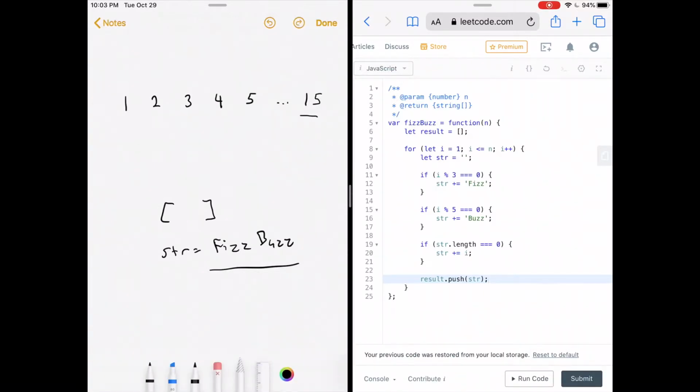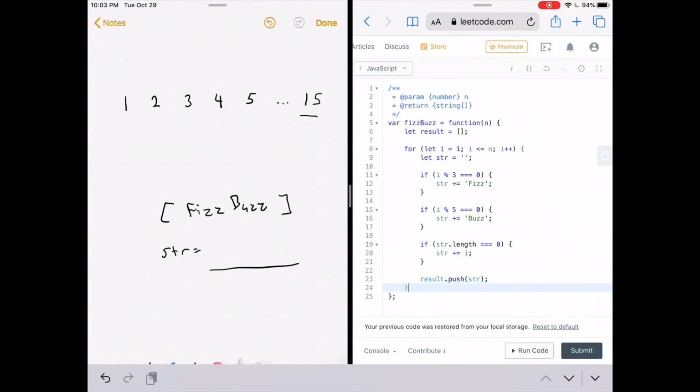So when you push it, this would go in the array. Looks something like that. All right, so now that we've looped over all of our numbers, the only thing left to do is to return our result array, which will be populated with all the numbers that are evenly divisible by our criteria. So remember that the reason that this method is better than the first method is, what if